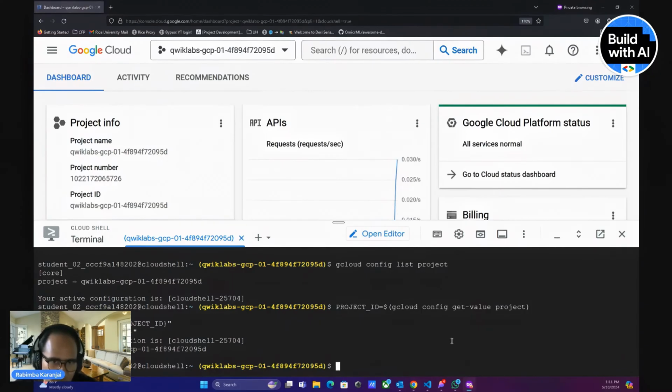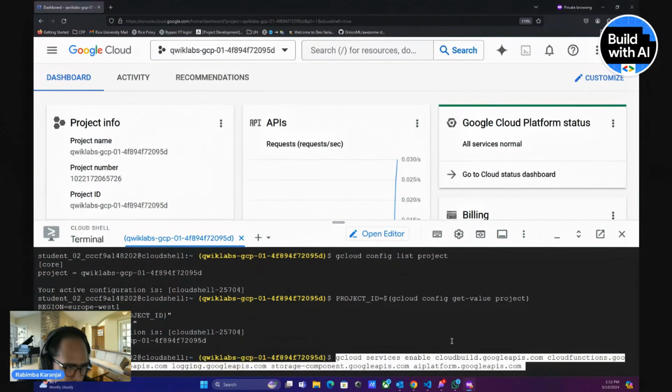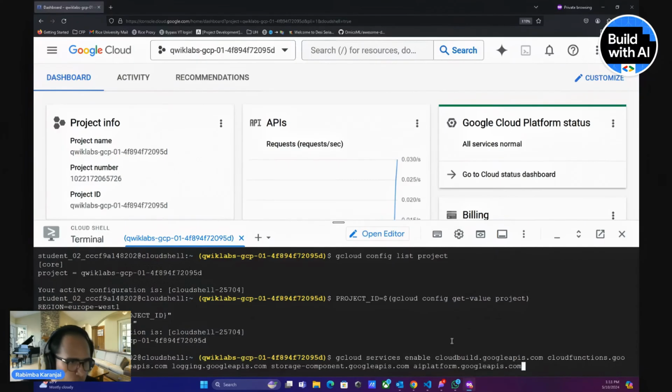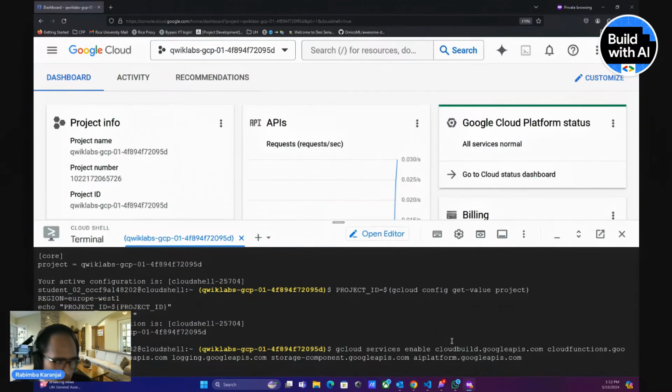For example, the AI Platform API and Cloud Run API, but we can also use it with this nifty Cloud service. So let's see what we are enabling. We're enabling the Cloud Build API, the Cloud Functions API, which we will need, Cloud Run, logging, so that we actually know what is going wrong, the storage component to store our data, and of course the generative AI part. Once I press enter,